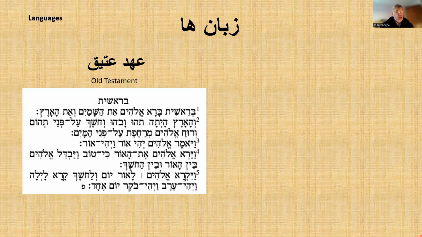And there's a picture of the first book of the Bible, the first few verses of the Bible, Genesis. And it's a bit like the Farsi alphabet because some of the sounds are carried by dots that are written either below or above the line of the letters.